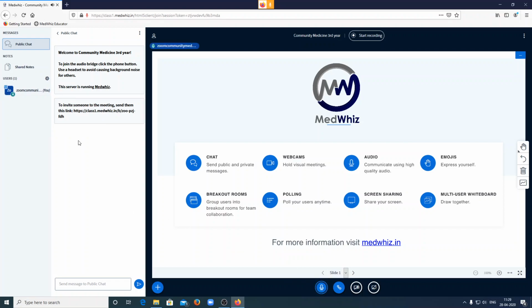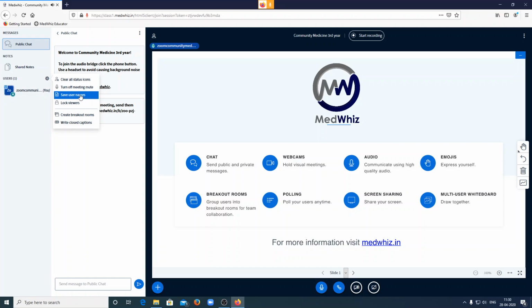Starting the class. Coming to the screen, on the left side we can see users and there is a settings symbol here. If I click on that symbol, I can see different options: clear all status icons, turn off meeting mute, save users names.